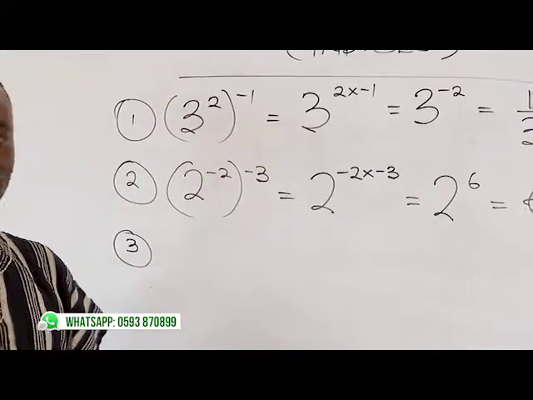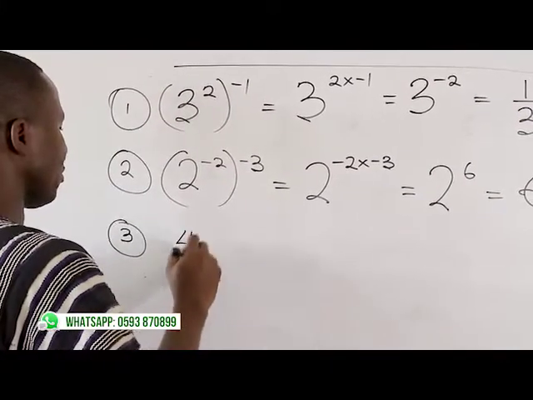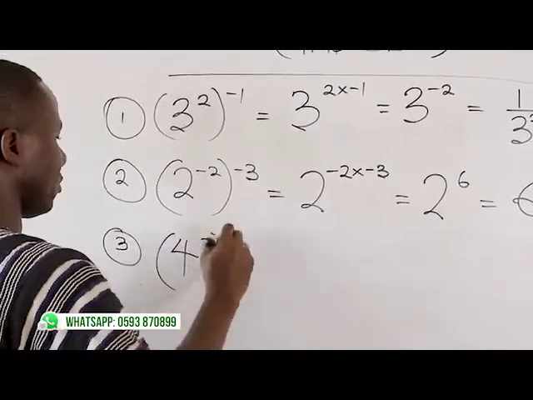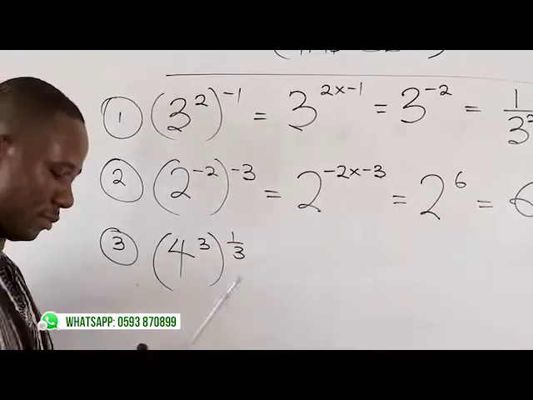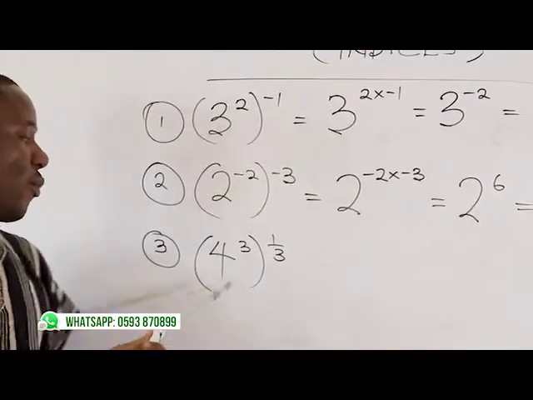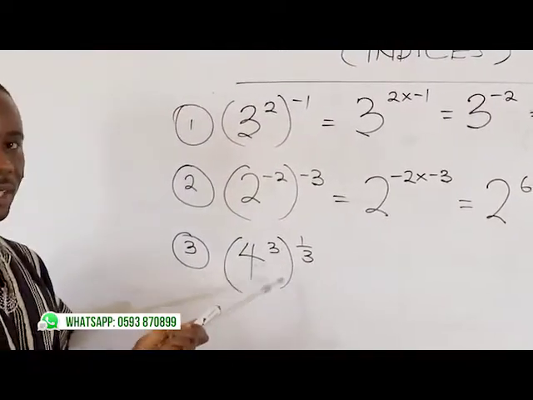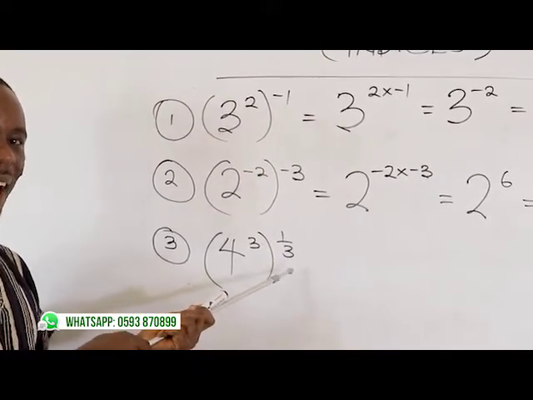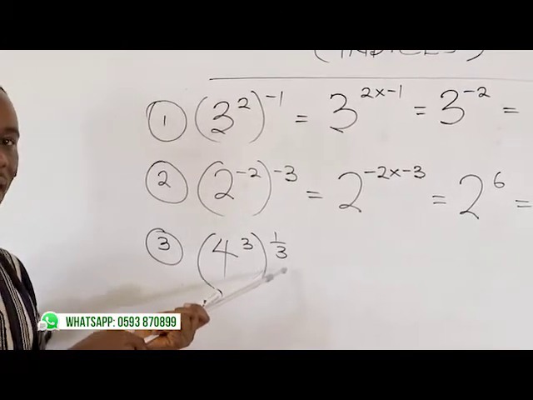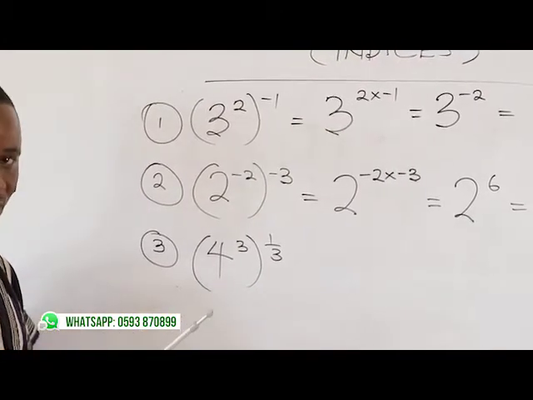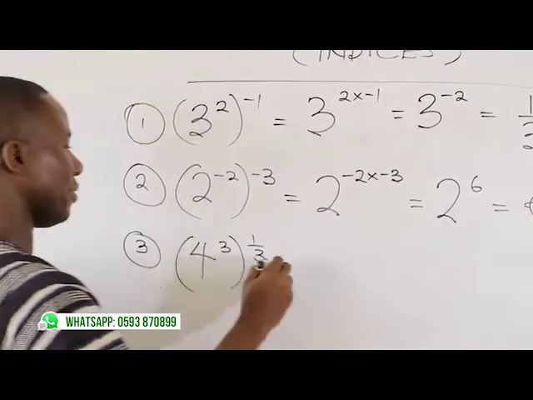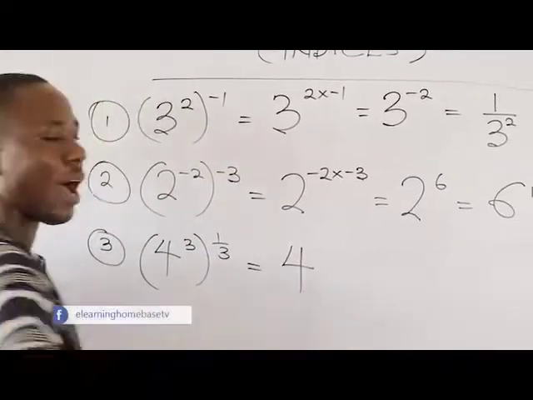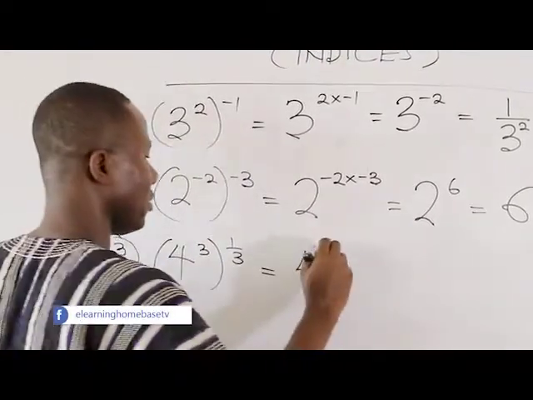The third one. We have 4 exponent 3 in the bracket. And outside the bracket, the exponent is a fraction, which is 1 over 3, or 1/3. So still the principle holds. I keep the base,